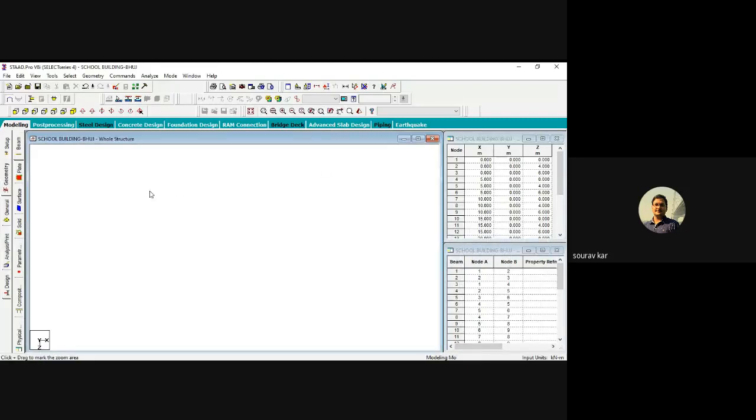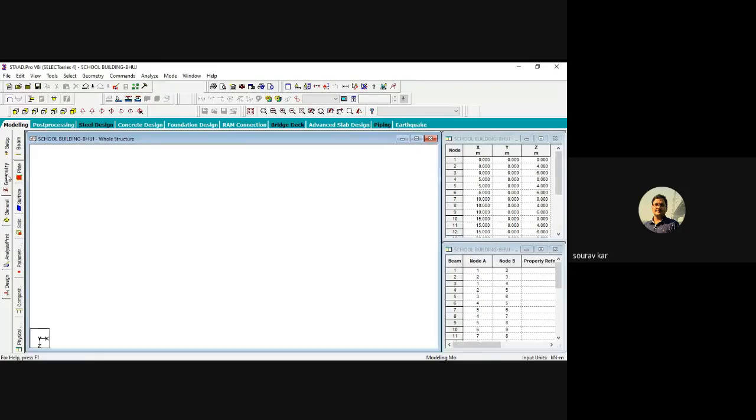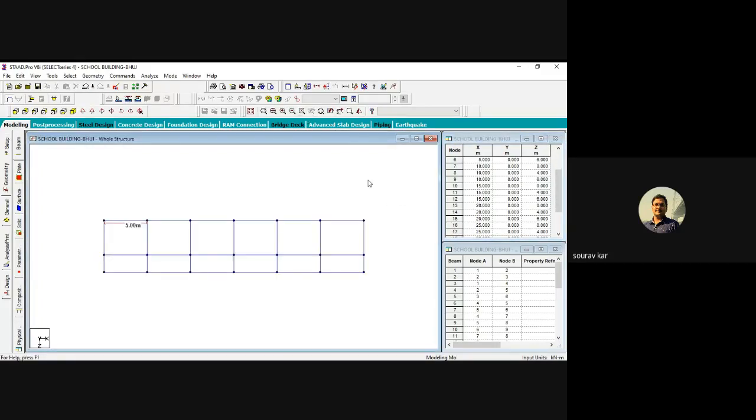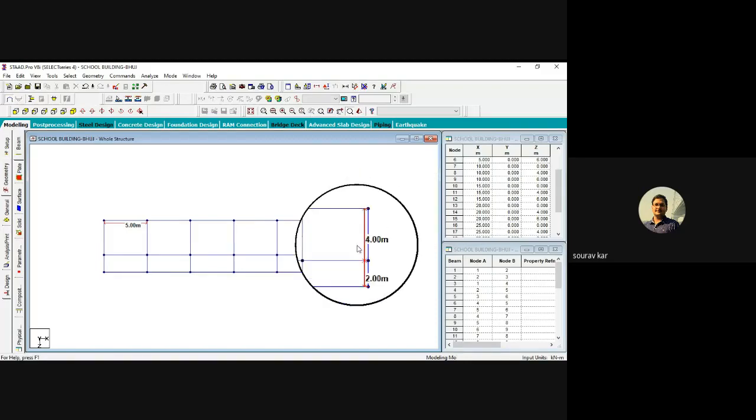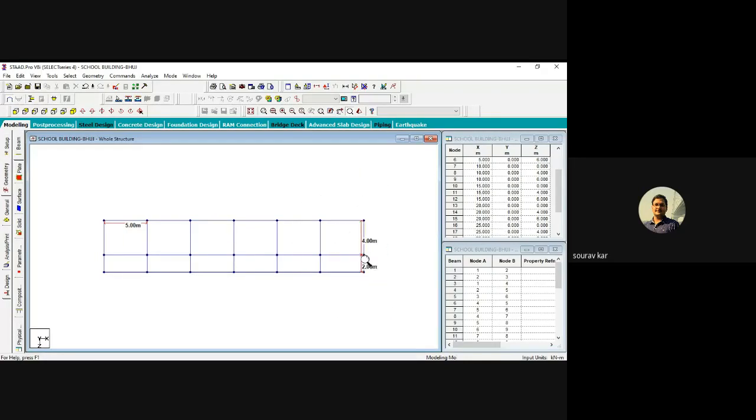You can see it's 5 meter. And also if we show the pictures, it is 4 meter and it is 2 meter. If I take the magnifying image, we have 4 meter and 2 meter.